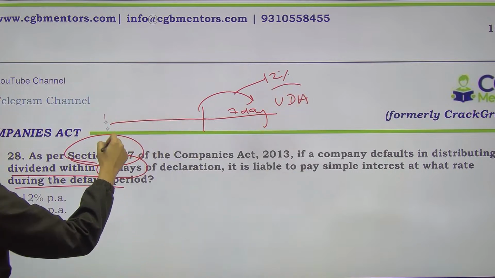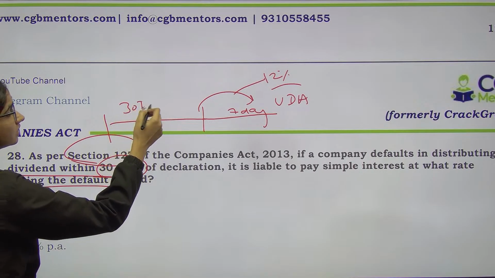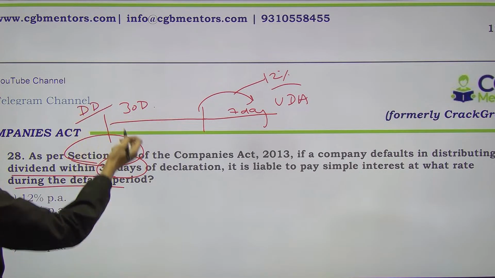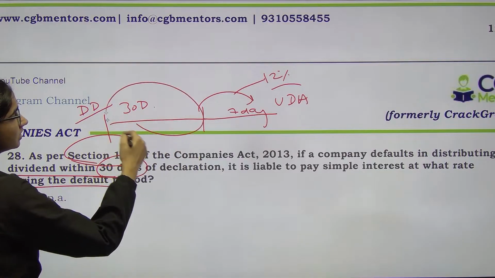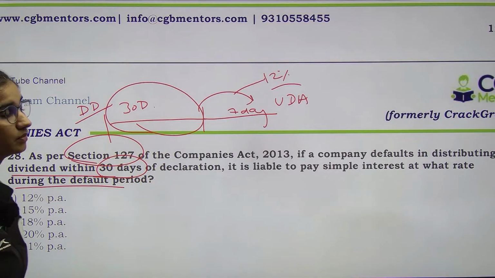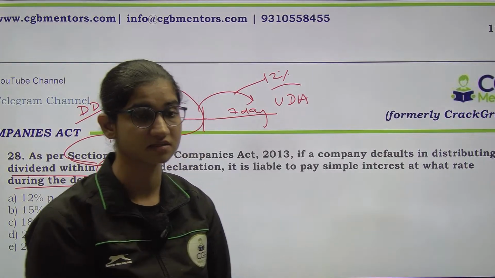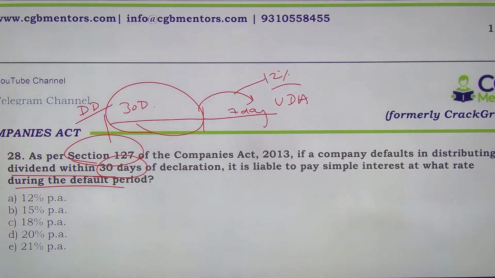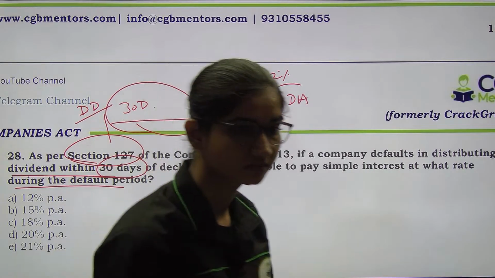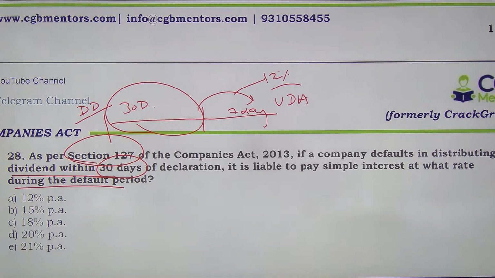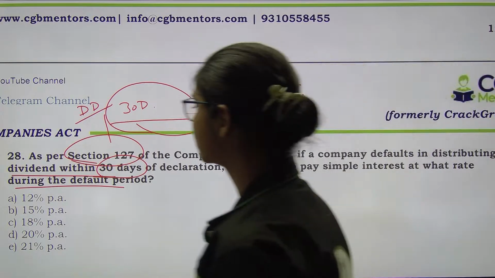But if the dividend has not been distributed in how many days? In 30 days from the date of declaration of dividend, then also there will be a certain amount of interest that the company has to pay, and that will be how much? That is the question, right? So you have to answer it. Please let me know the answers. Yes, so the answer here will be